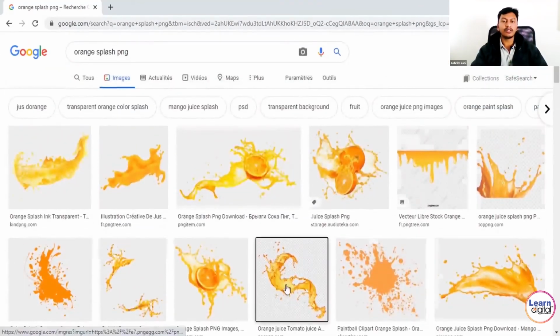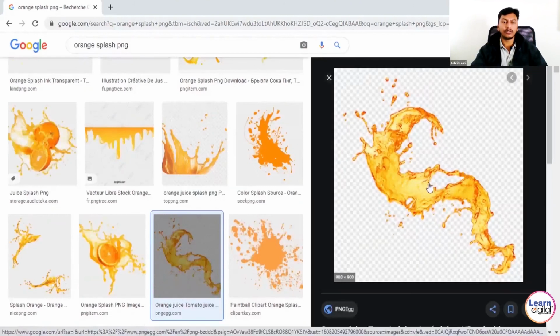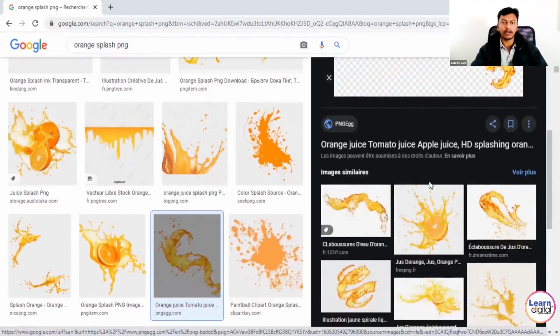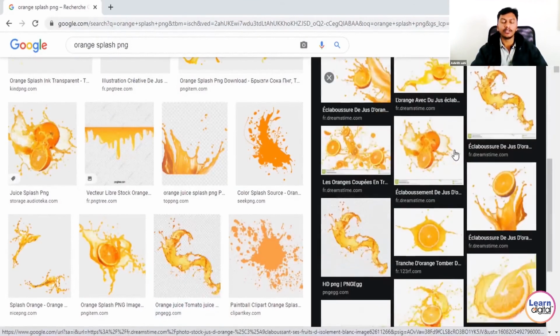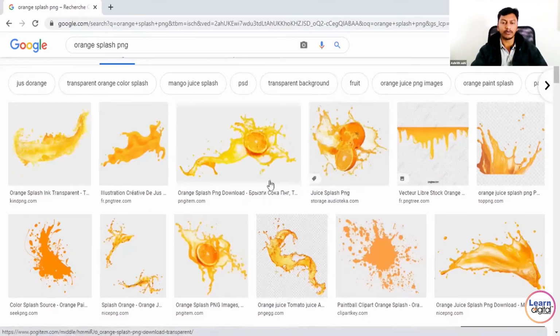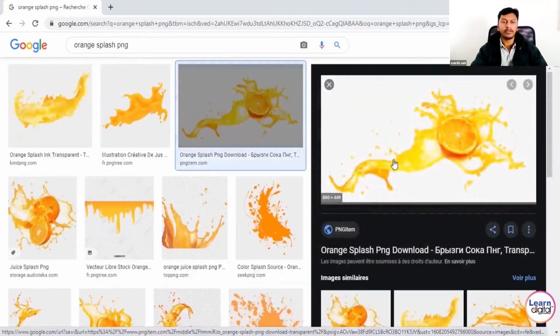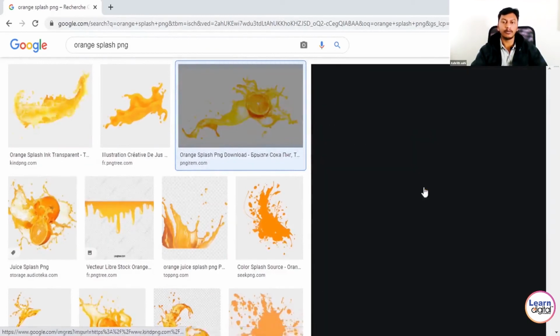Each and every individual thing you need to concentrate on, because as it is a product advertisement, it is a main part of the promotion and marketing of your product. So you will get a lot more resources. Always search for a proper one.